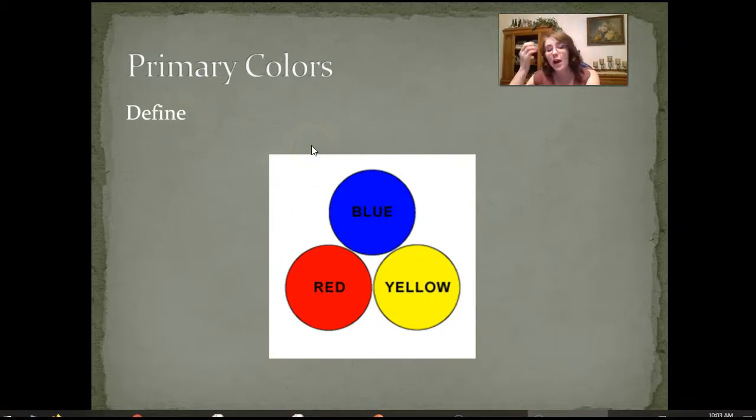Okay, so the primary colors are blue, yellow, and red. You need to write that down. What are the primary colors? What's important about them? We can make all the other colors out of the primary colors. So as long as you have black and white, blue, red, and yellow, you can